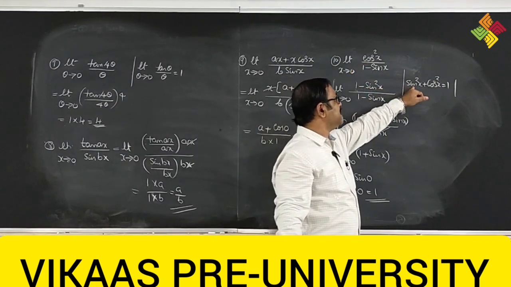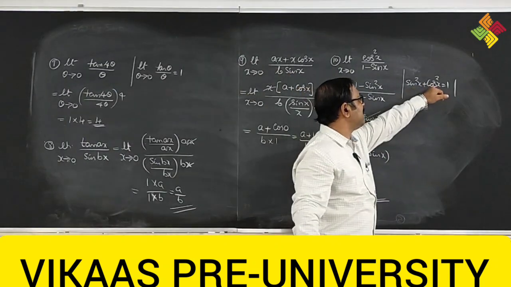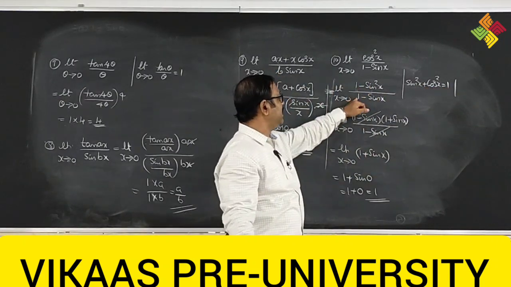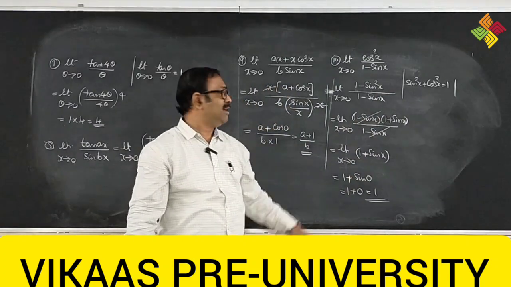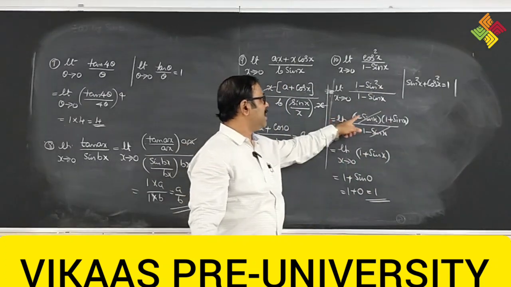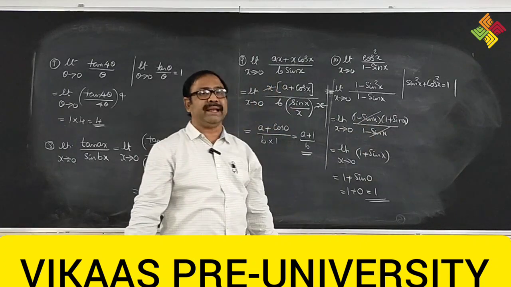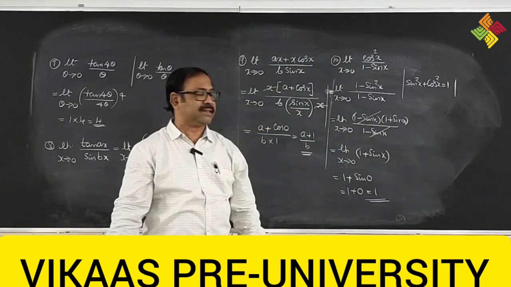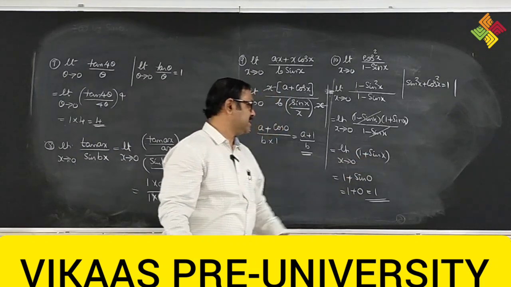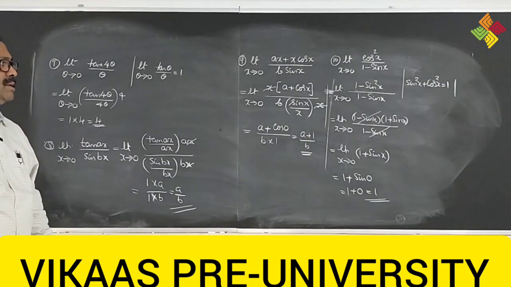So you replace cos square x by using this identity. We have sin square x plus cos square x is equal to how much? 1. Therefore, cos square x is 1 minus sin square x divided by 1 minus sin x. Now this is the form of a square minus b square, so (1 minus sin x) into (1 plus sin x) divided by (1 minus sin x). Now 1 minus sin x cancels. So limit x tending to 0 of 1 plus sin x. That is 1 plus sin 0, which is equal to 1. Just note down that.